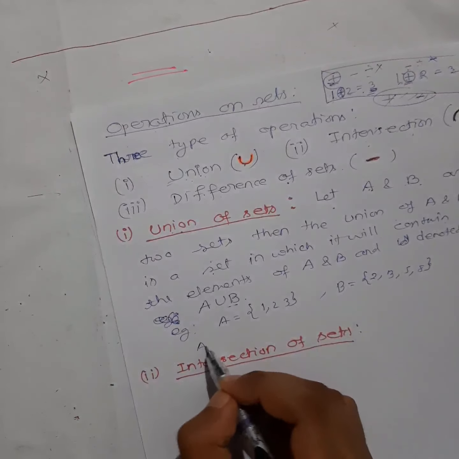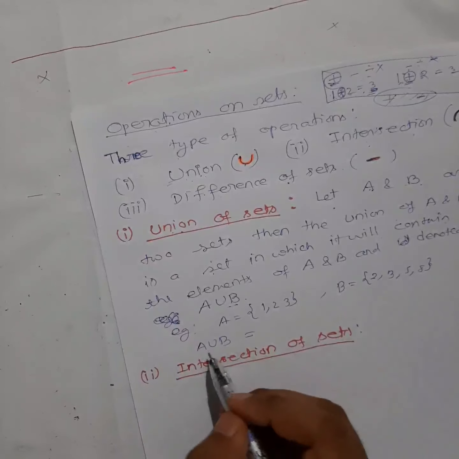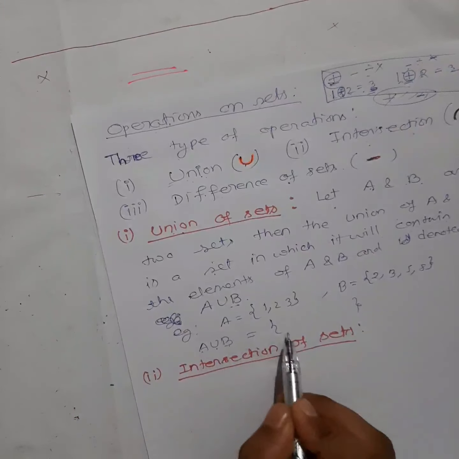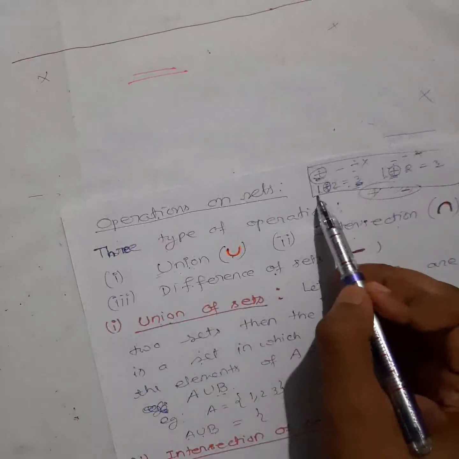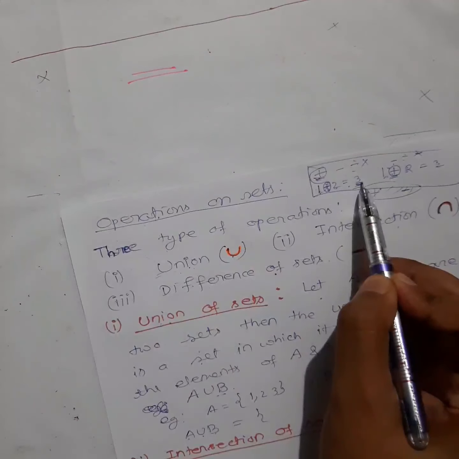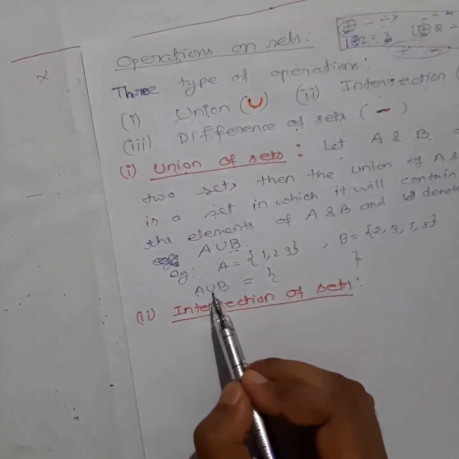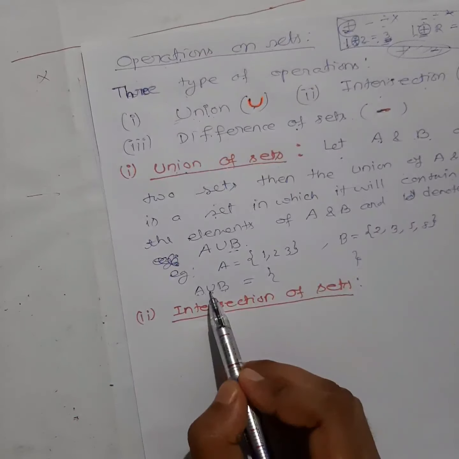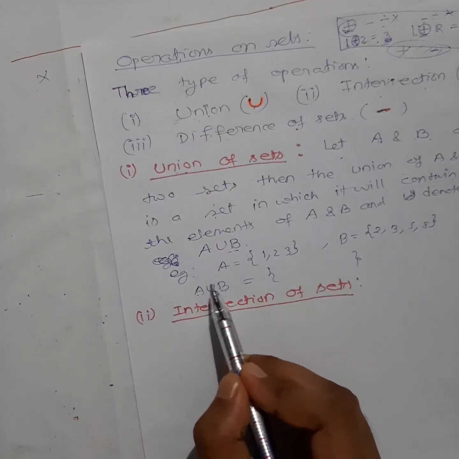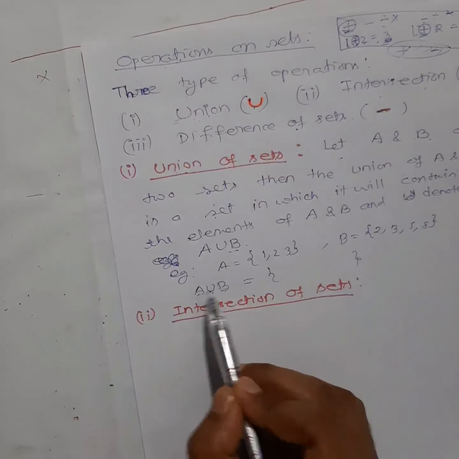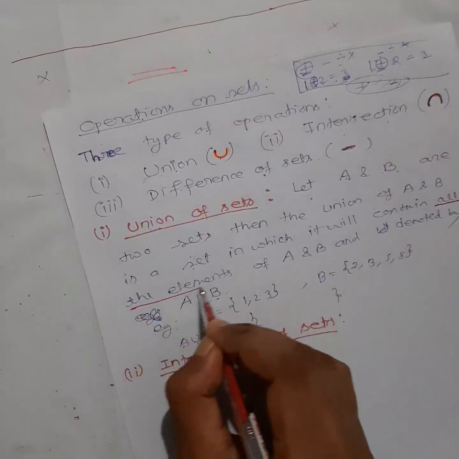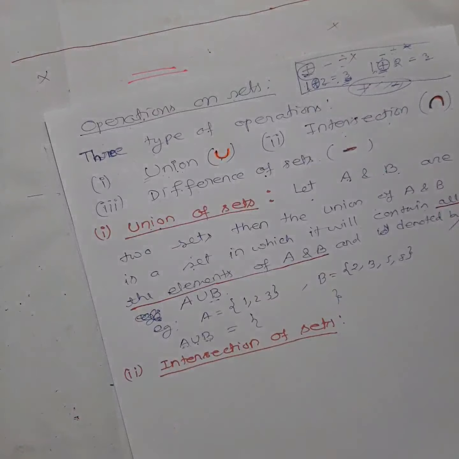Now what will be the union of these 2 sets? A union B. This is another set again. I am doing an operation between 2 sets, so obviously you will get another set here. Like for example, when I add 2 numbers, again you get a number. Same way here also, when we do an operation between 2 sets, you will get some output. A union B. When I do this operation between 2 sets, what will you get? All the elements of A and B.